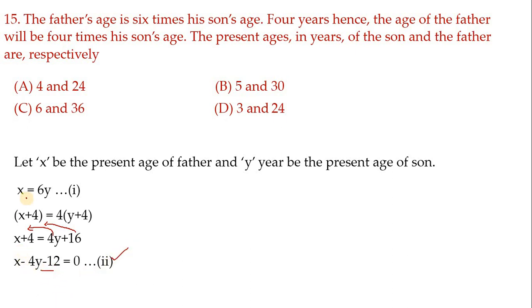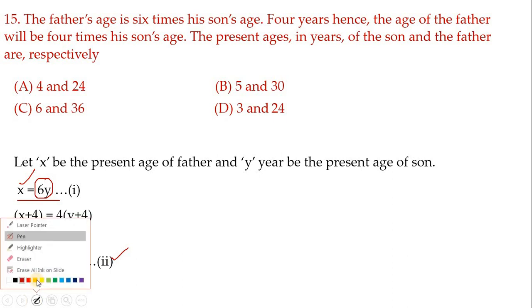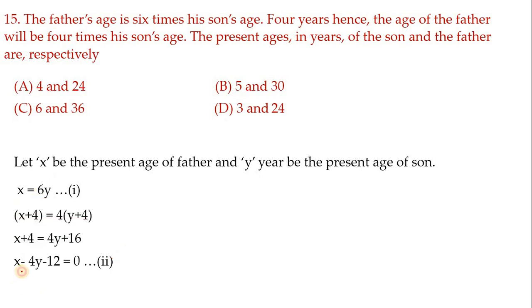And in the second equation, see, in the first equation we have the x value. So x value is 6y. So in the place of x you substitute. So instead of going for elimination method, by substitution method this one can be solved easily. So in the place of x I am substituting the x value. So I'll get 6y minus 4y equals 12. Now subtract these two. 6y minus 4y is 2y equals 12. Now let us simplify this. 2 ones are 2, 2 sixes are 12. Therefore y is equal to 6.